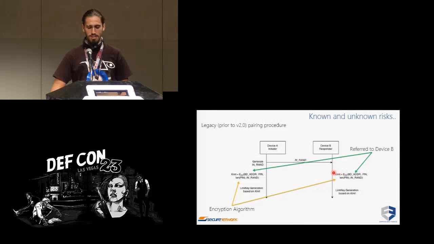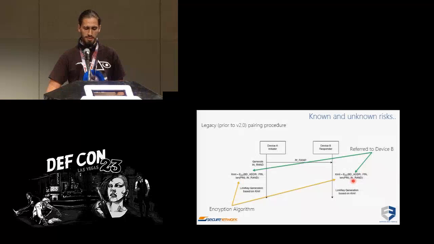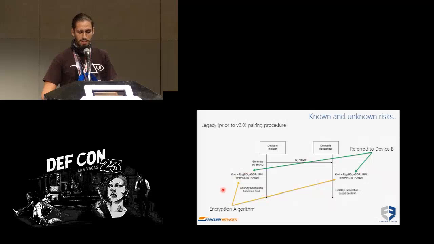And it is just computing, by an algorithm, the E22 algorithm, which takes as inputs the address of device B, a PIN number inserted, the length of that PIN, and the random number previously created. Device A makes the exact same thing, and there is no check between the two devices that the link key